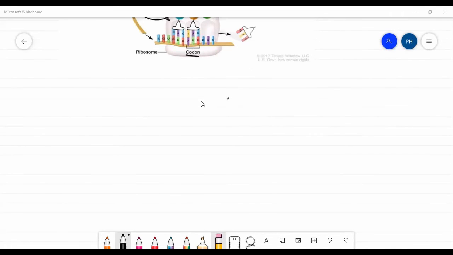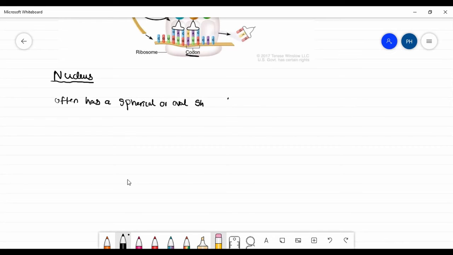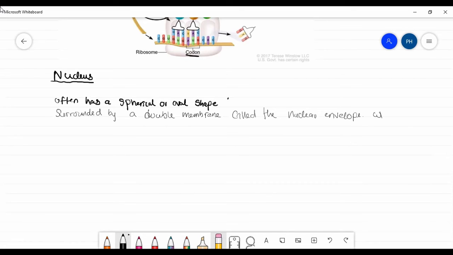Right. So let's talk about this. Just write: nucleus. So right here, the nucleus often has a spherical or oval shape, surrounded by a double membrane called the nuclear envelope, which separates